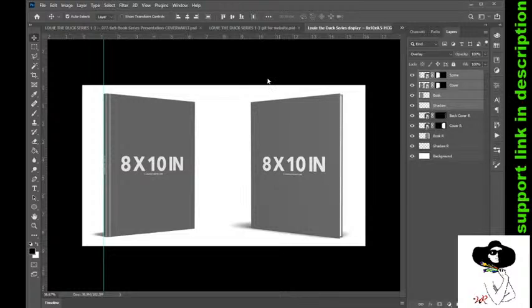Okay, I'm going to go to Cover Vault's folder. I bought their big pack some time ago, although they have several free cover mock-ups, and the link to them is in the description. And let's see. While I look for